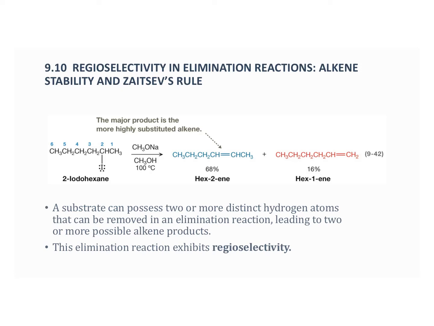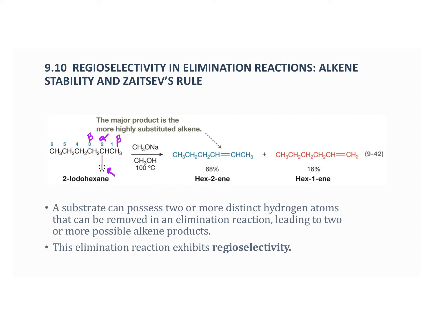Now, as I mentioned previously in this chapter, sometimes with elimination reactions, you are going to have to make a choice because you have two beta carbons that aren't in the same chemical environments. And so let's talk a little bit about what that means. When we look at this, we identify our leaving group, and then we look at the carbon that's attached to the leaving group, and that's the alpha carbon. Okay, but in elimination reactions, we're going to move a hydrogen from the beta carbons, which means they're